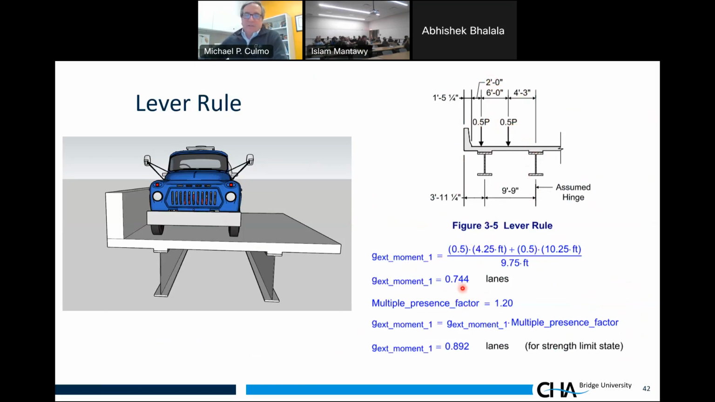Now, in the AASHTO LRFD, what they say is if you only have a single lane loaded, you need to multiply that by 1.2. And why do we do that? The reason for that is it's confusing. I was confused for years on this thing. I just used it, but I didn't know why as a young engineer. But the reality is